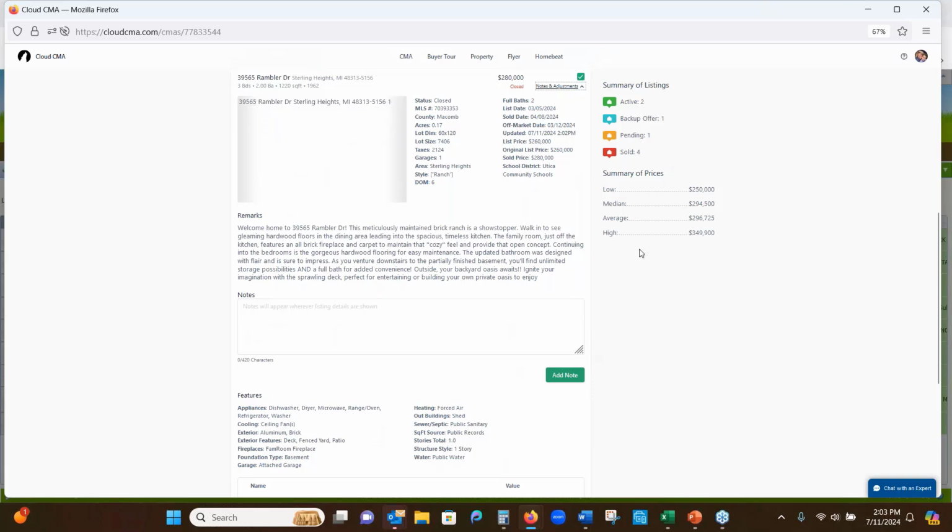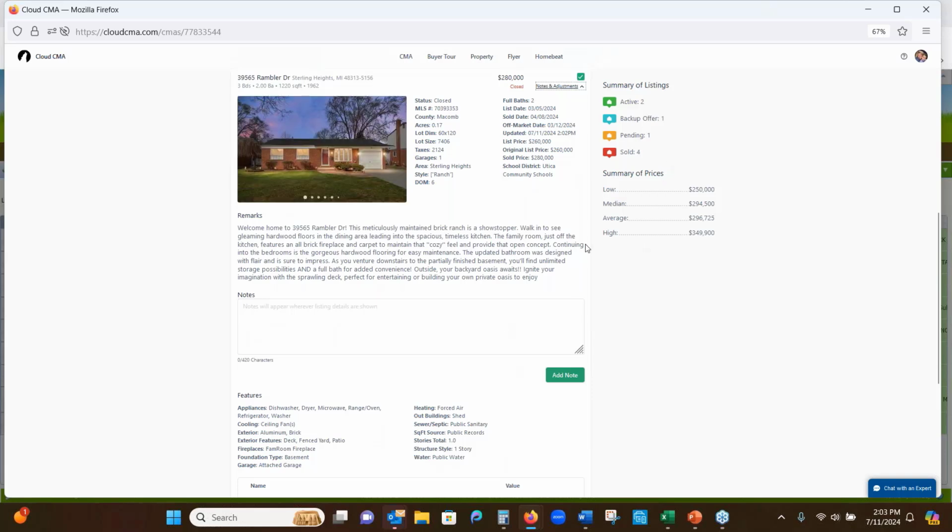I used to be that agent who always had all the sticky tabs on their CMA, like this one didn't have a garage, or this one had way less square footage, or this one only had one full bathroom. You can actually do that same thing right in the notes category. So it's bringing over all the MLS information, but you could leave detailed notes that maybe you don't want to forget to point out instead of having those ugly sticky tabs all over everything like I used to. You can actually put, this home is the only home in the neighborhood with a 1-car attached garage instead of